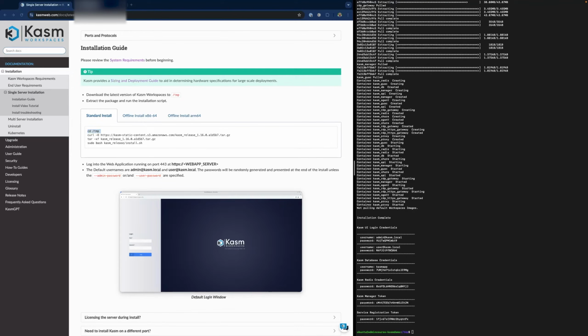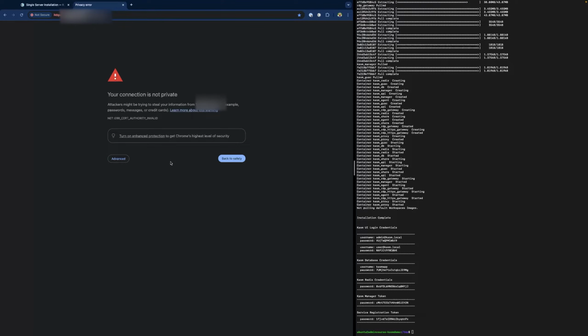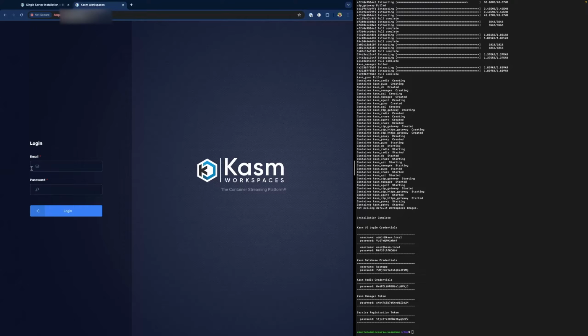or whatever your approved method is for handling passwords. Chasm Workspaces installs a self-signed SSL certificate by default. This will generate a warning from the browser when connecting to your instance for the first time, like what's happening here. We won't cover SSL certificates as part of this course, but for guidance on configuring a valid certificate signed by a public certificate authority, you can reference our Replacing Self-Signed Certificates page in our documentation. So we'll go ahead and log in with that admin account.